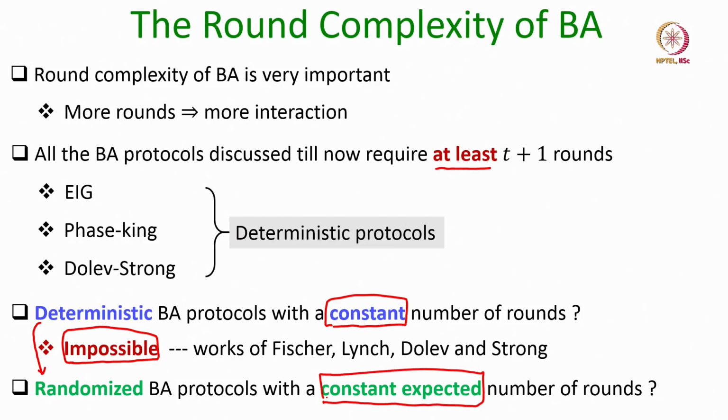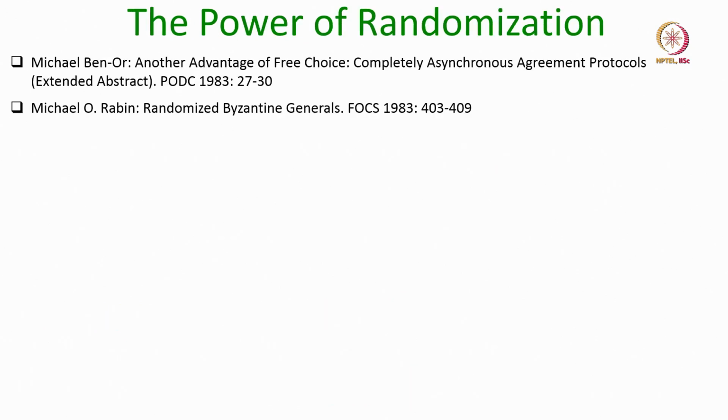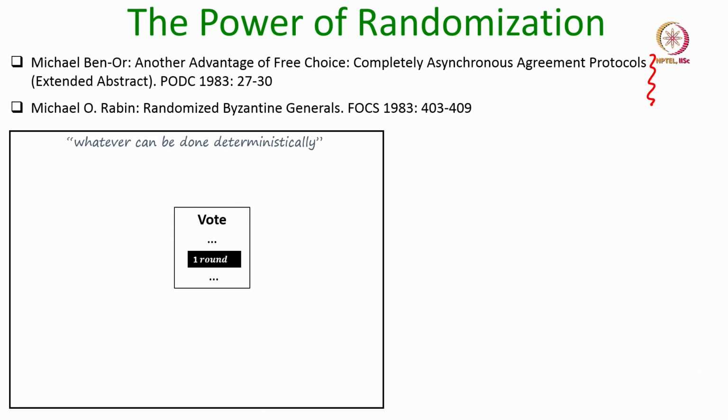I am now assuming some background regarding probability, expectations and so on. Of course, we will do a detailed derivation regarding the expected number of rounds required in the protocol. As I said earlier, this framework for randomized Byzantine agreement and randomized broadcast was independently developed by two pioneers of our area, Michael Ben-Or and Michael Rabin, independently in the same year, and their idea is basically to combine two